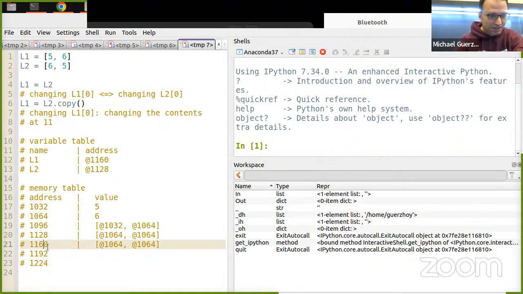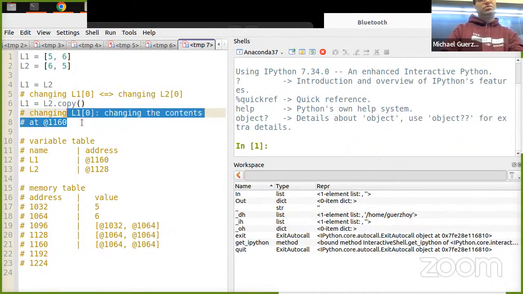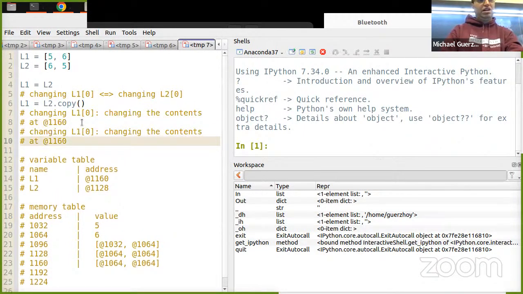This is fine. So changing L1 at 0 is changing the contents at 1160. Changing L2 at 0 is changing the contents at 1128. So those are different. You change this versus you change this, those are separate.